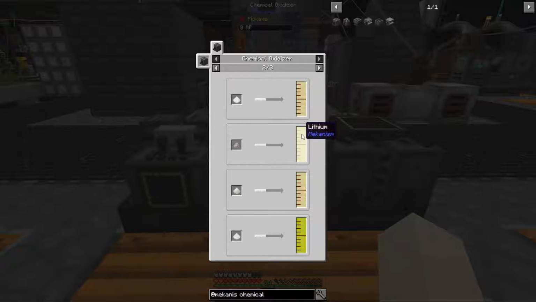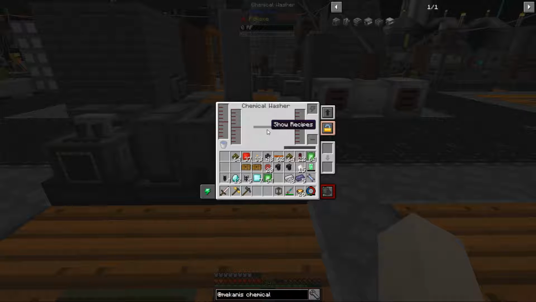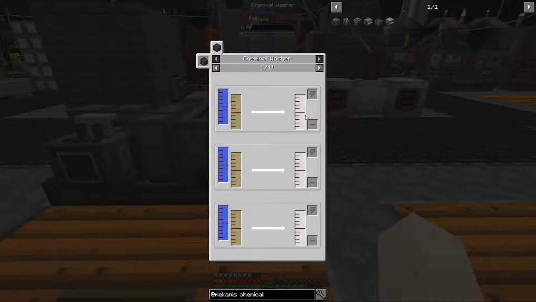Sorry. So, brine, lithium, gaseous brine. So this is also one that we're going to use. It's the chemical washer. So the chemical washer is this thing about...